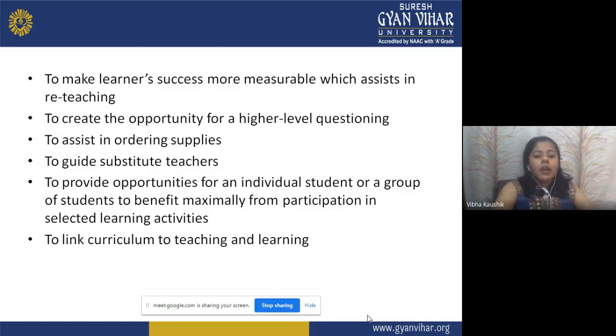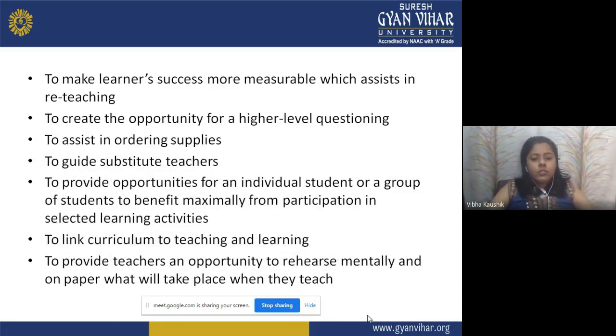Now, to link curriculum to teaching and learning means the instructional planning will help the teachers to link the curriculum to the teaching learning process. Now, what is the main aim of the teaching learning process? To deliver the curriculum to the students in such a way that they understand the curriculum. So, the instructional planning is helping the teachers to link the curriculum to the teaching and learning process,